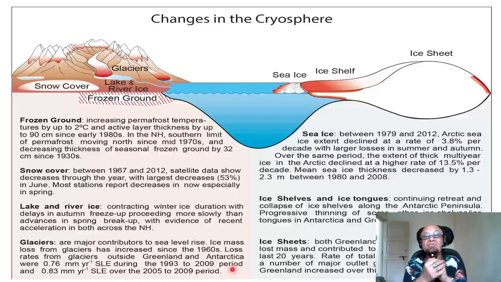That is a lot in terms of the energy, because now you take 0.76 millimeter per year or 0.83 millimeter per year every year, multiplied by the area, and to produce that much water by melting glaciers, how much energy do you really need? You take the latent heat of melting of the glacier and you get how much energy is going into melting glacier. That's the energy that is coming from the additional energy we are keeping by increasing greenhouse gases and preventing the thermal energy from going to space.